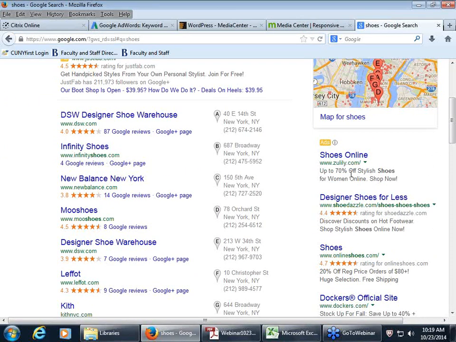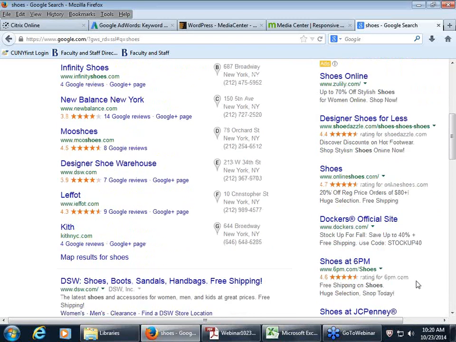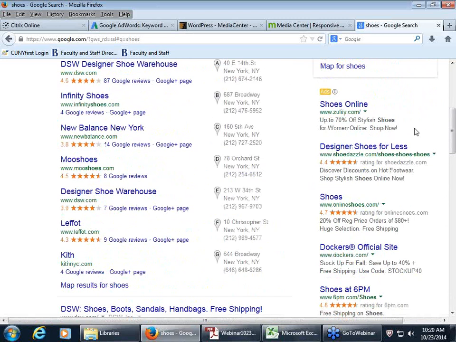So for instance, Zulily, this looks like a women's shoe brand, paid the most out of all of these advertisers here to have their ad positioned first. It's not very personalized. Again, it's only free text plus the URL plus 2 lines of information about what they want to tell their target audience. So you don't get much of a personal connection by just seeing the impression, but you do get a lot of people to at least see your ad.